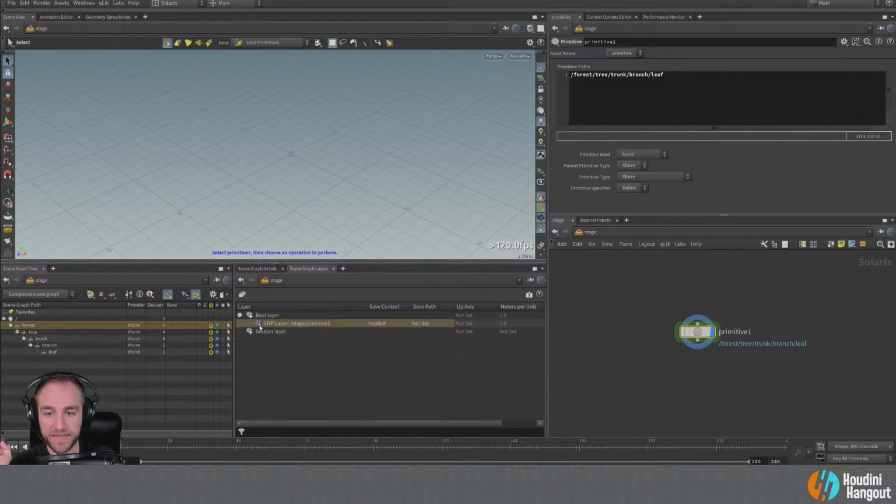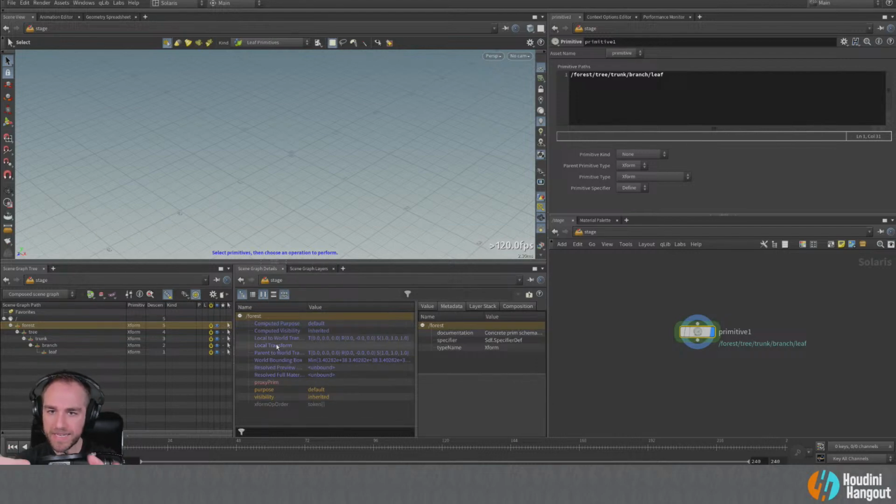So here you can see that this is a lop layer. We're looking at this primitive right here, which is the only thing in this root layer, so it's named that. And this actually tells you where your different layers are being saved out to. We're not going to do a ton of that in this moment because you might get into some other things a little bit further down the line. But this is a way to see what files are being loaded into your stage and what you're working in here. So you can see here's stage. That's what the context is called. So that's the main pieces of what we're going to be looking at here.